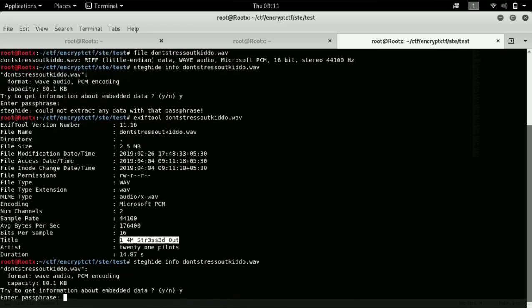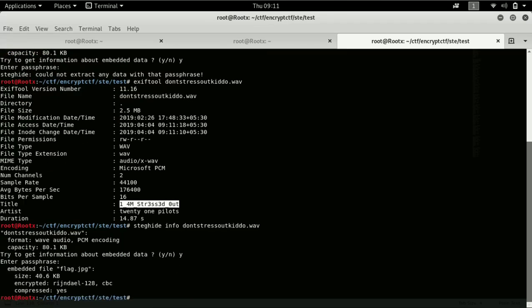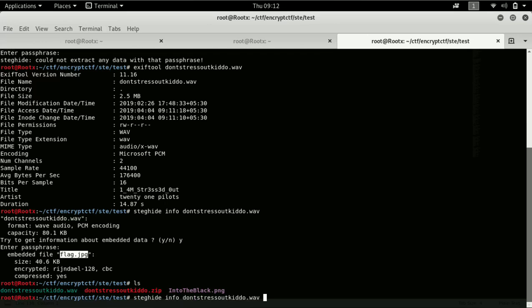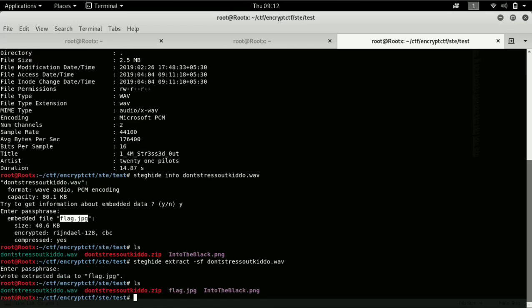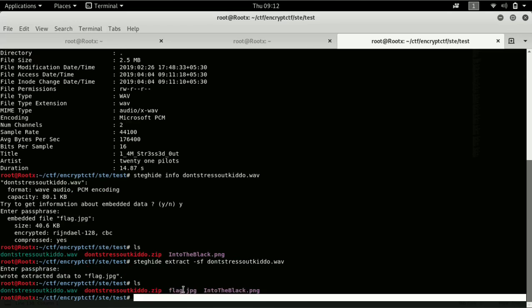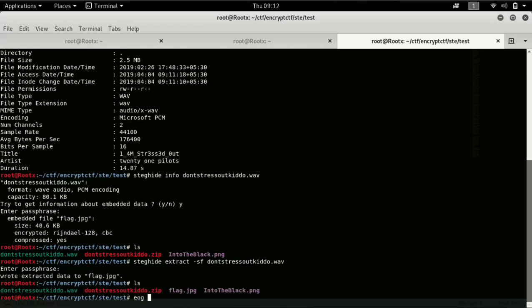Maybe we can use this string. Yeah, just enter the password. Extract with steghide using extract -sf. Okay, we got a flag.jpg image.